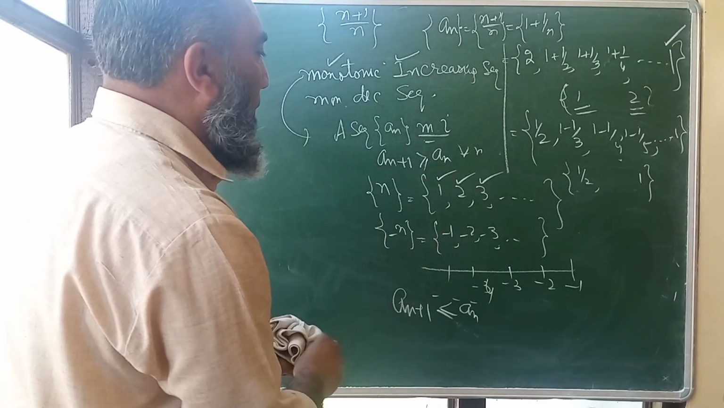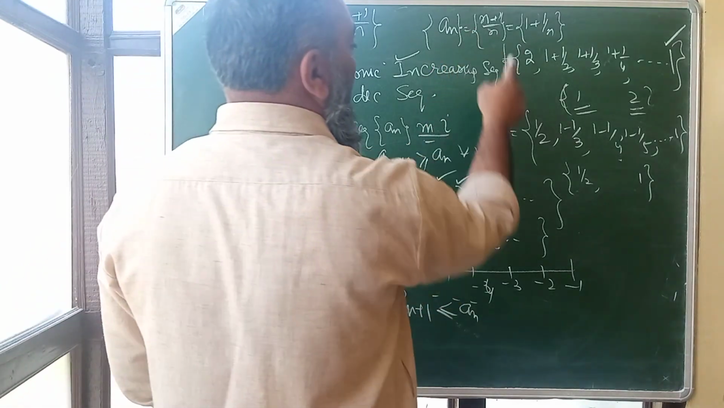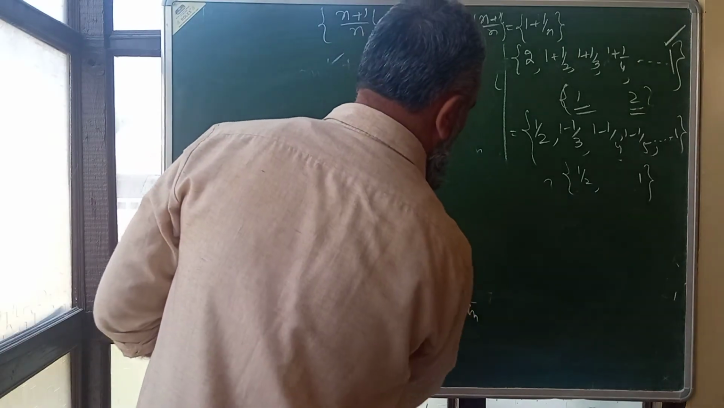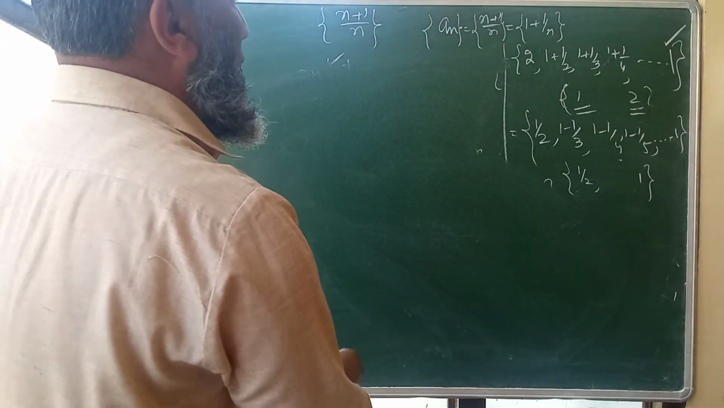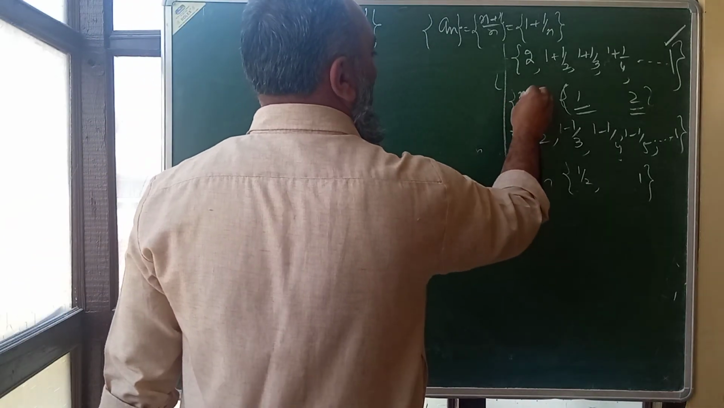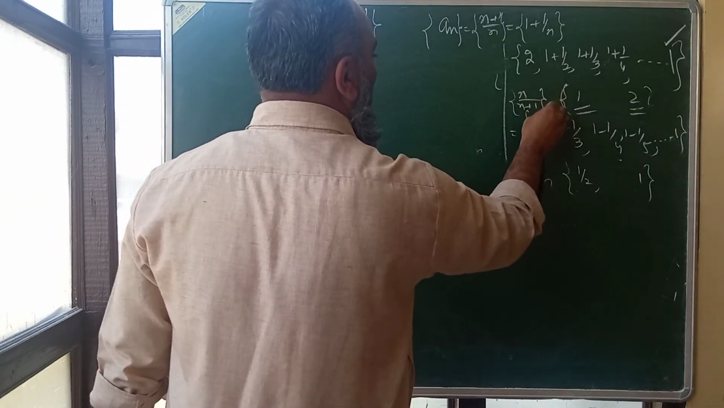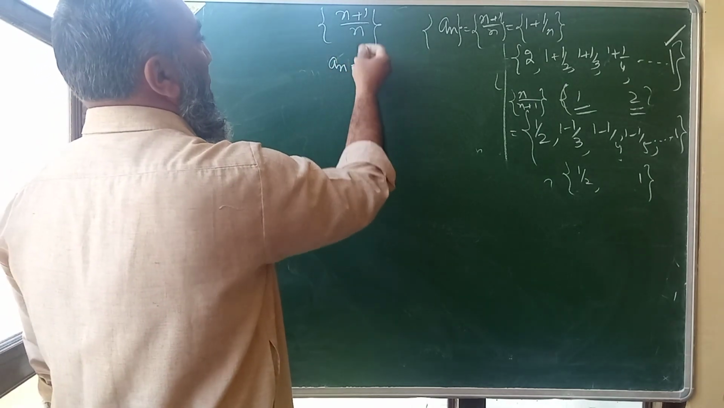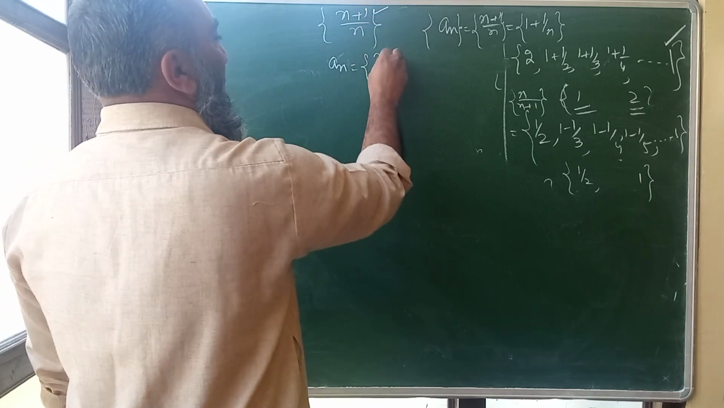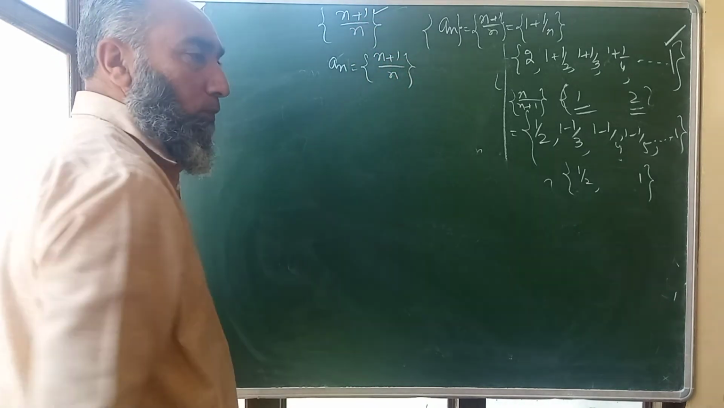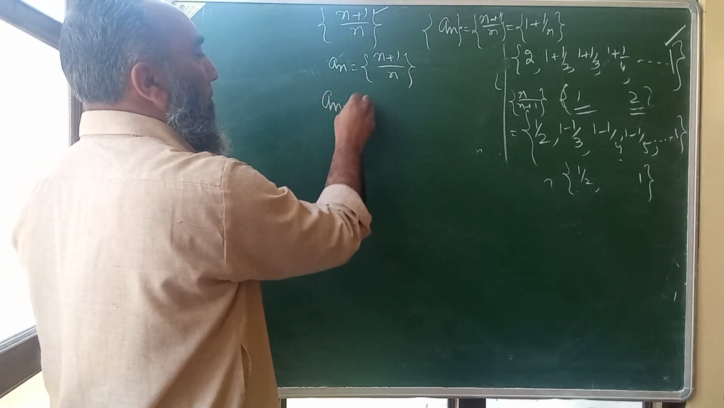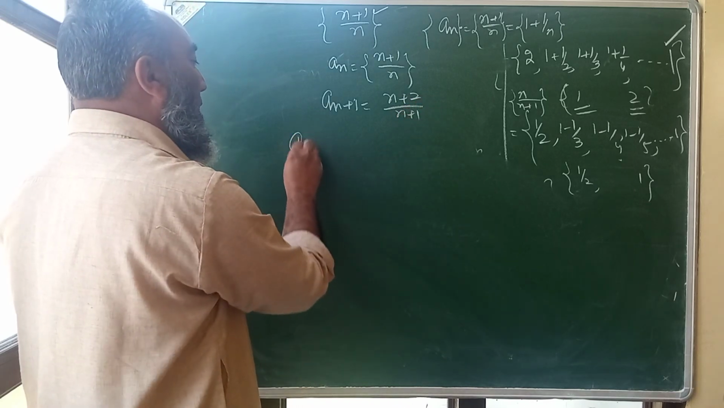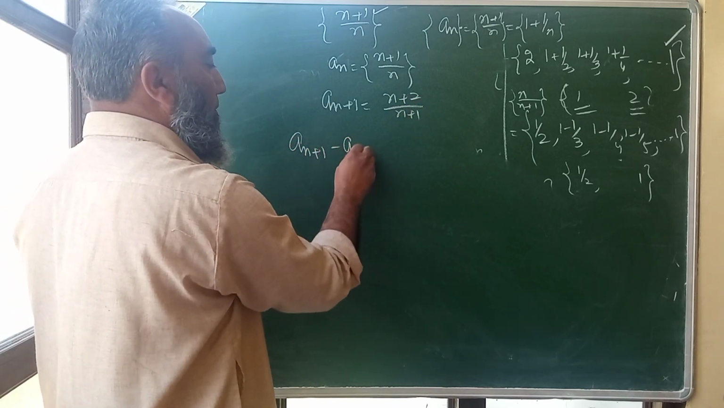For example, I have given two examples. Let me take up these two examples, which I have discussed just now. Let me take the sequence an is equal to (n plus 1) upon n. Now what about a(n plus 1)? It is (n plus 2) upon (n plus 1). Let me take the difference, a(n plus 1) minus an. It is